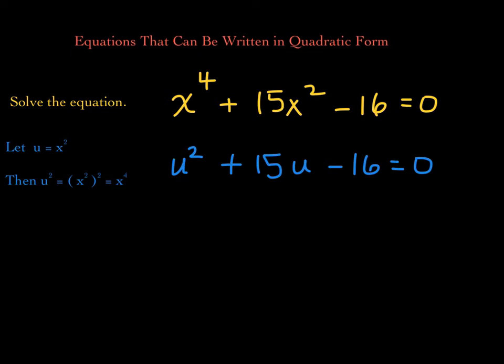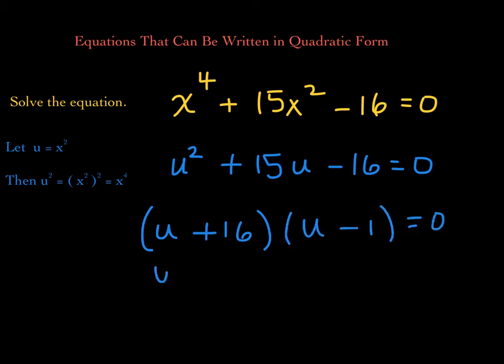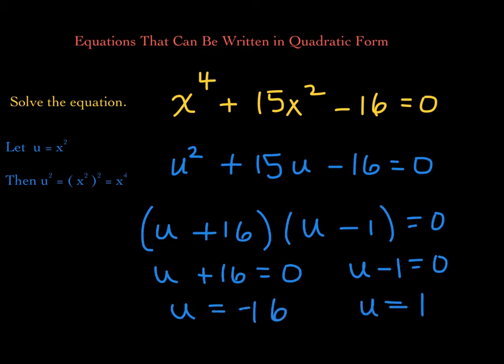Actually, you don't have to factor. You can use the quadratic formula now. But because I'm a fan of factoring, I will factor this. It factors as u plus 16 times u minus 1. Then we set each factor equal to 0 and solve. And so u is either negative 16 or positive 1. So you just finished solving for u,